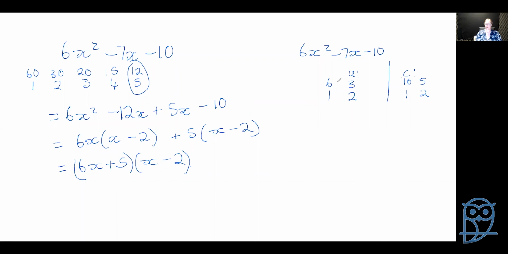Okay. Now we cross multiply. So we have 6 times 2. That's going to give us 12. Minus 5. That's going to give us 7. Okay. So we're going to use this one, and we are cross multiplying. So now we can go write our brackets. That's a minus, so we know it's going to be a plus and a minus. There's going to be an x and an x. So now we just need to